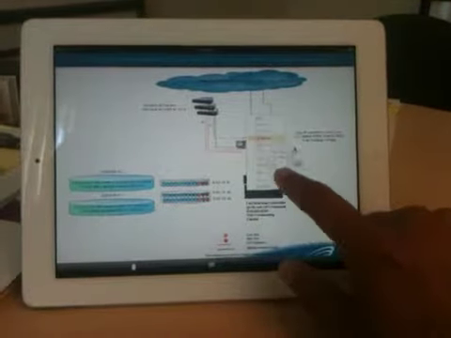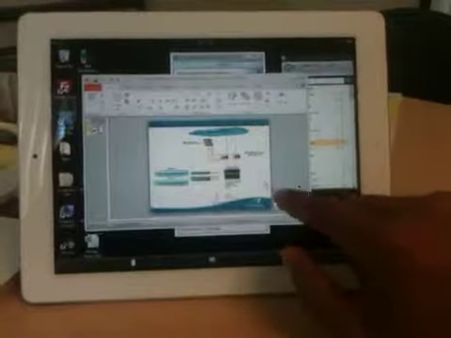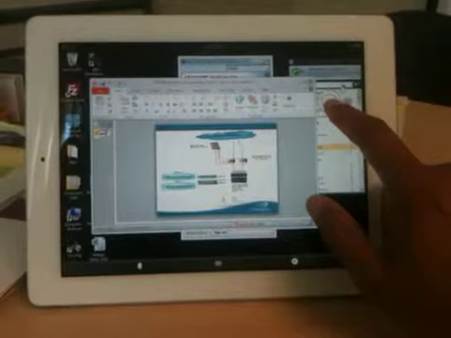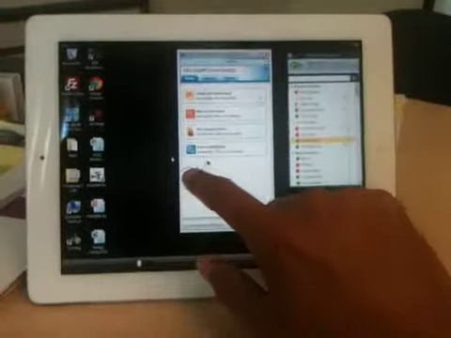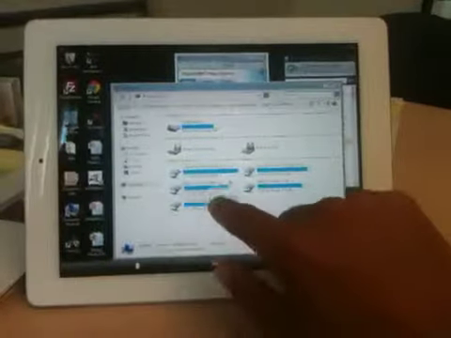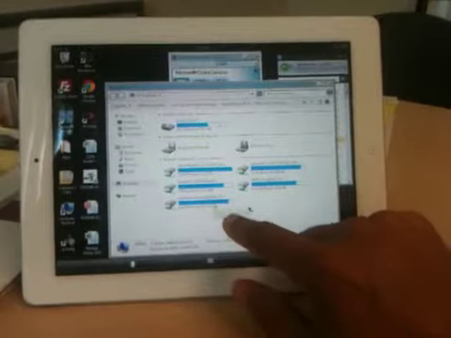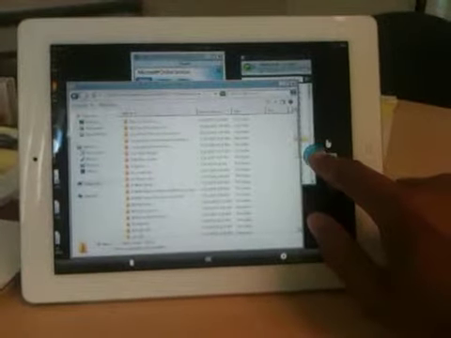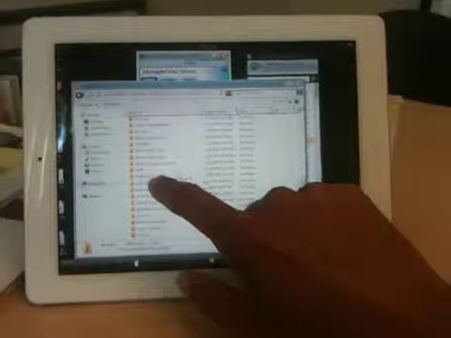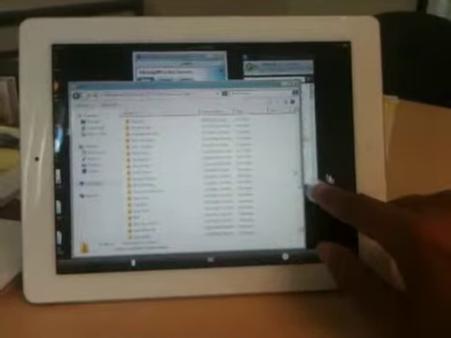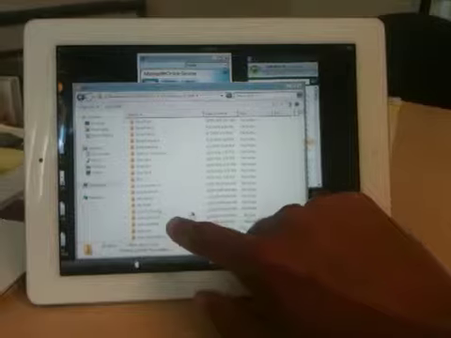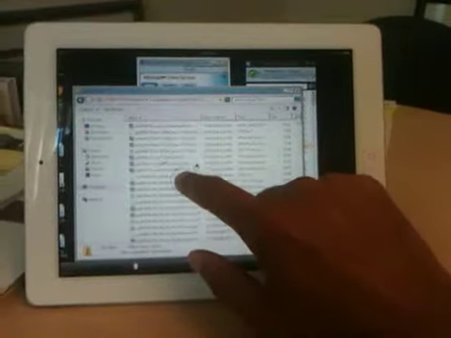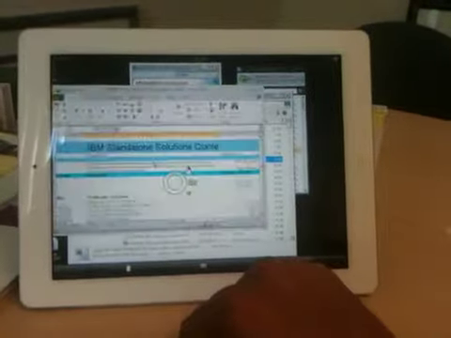I also have the ability to do a right-click function, just a regular mouse, or bring up a keyboard with this particular tool set. The ability to look at local shares within the different departments. I can pretty much access any particular file here. Go down to the different directories, and let me see if I can pick my name here and just bring up any document I like to show, such as an Excel quote,